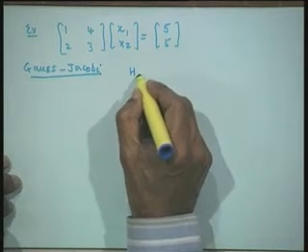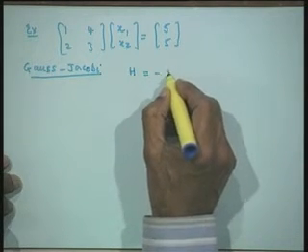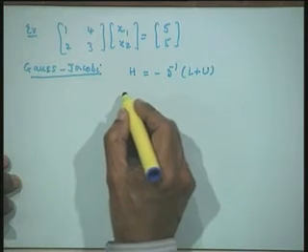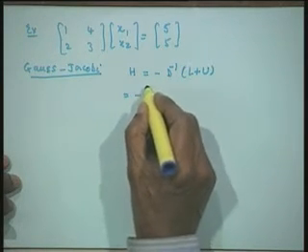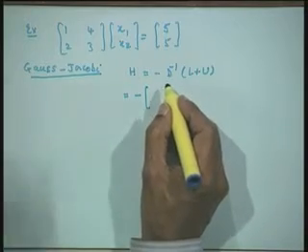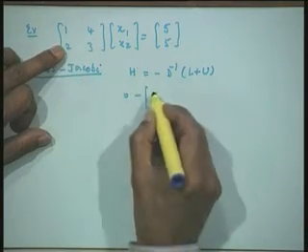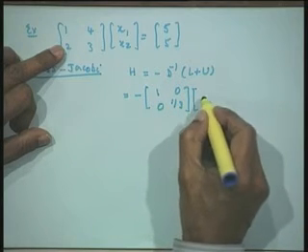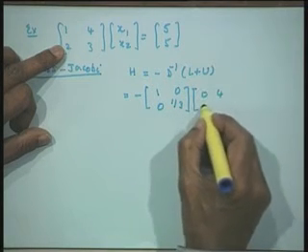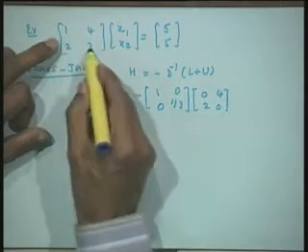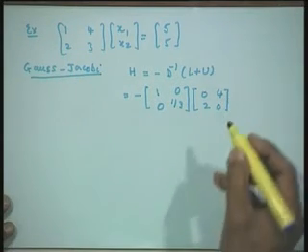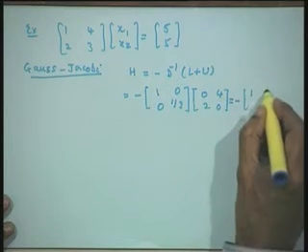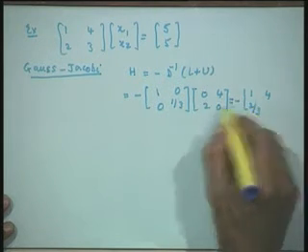So, let us write down H. H will be equal to minus D inverse of L plus U. So, minus, let us do D inverse immediately. D is only 1 and 3. So, its inverse will be 1, 1 by 3, 0. L plus U is 0 4 2 0. You remove the diagonal, so what is left out is this. Let us multiply it out. This is 1 4 2 by 3 0.